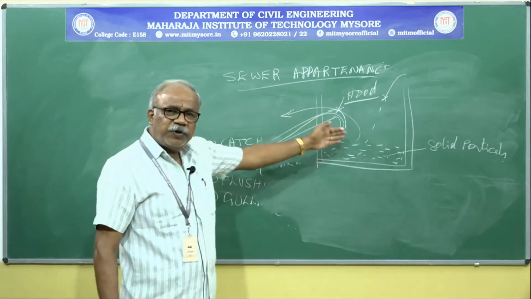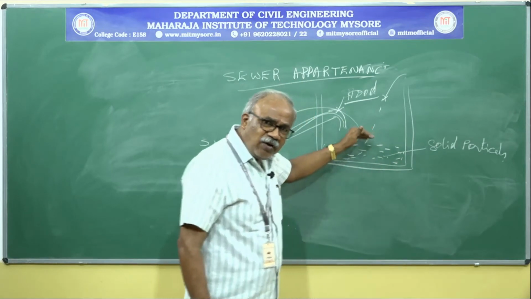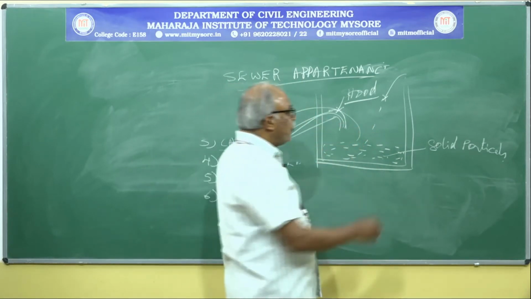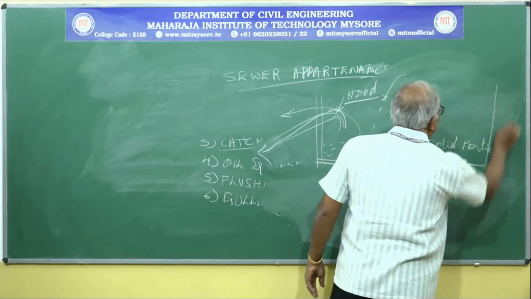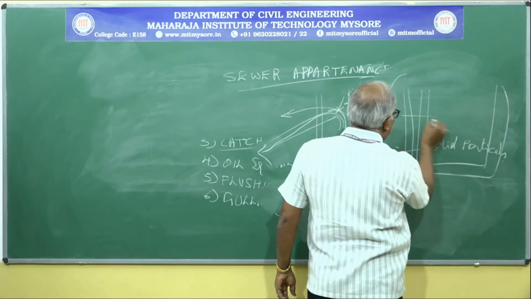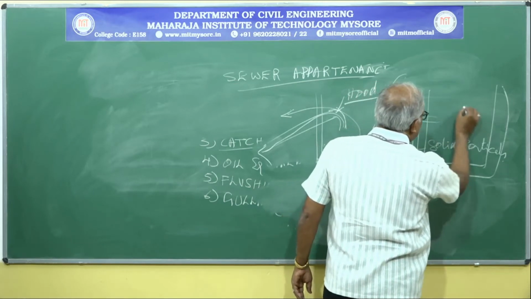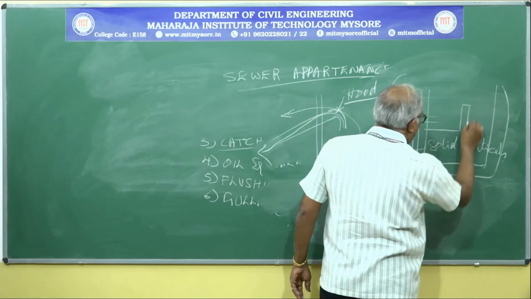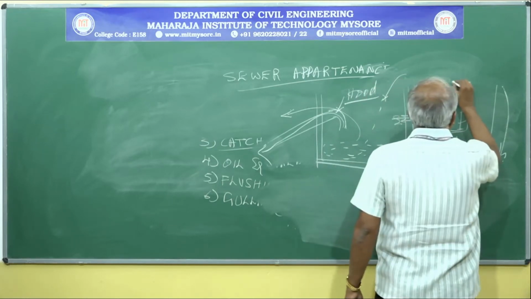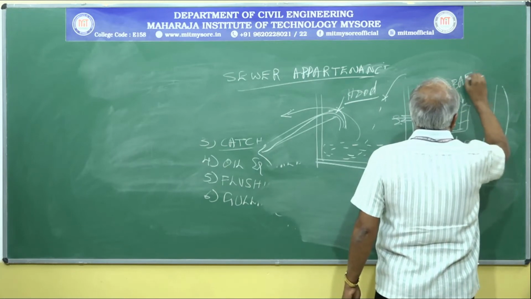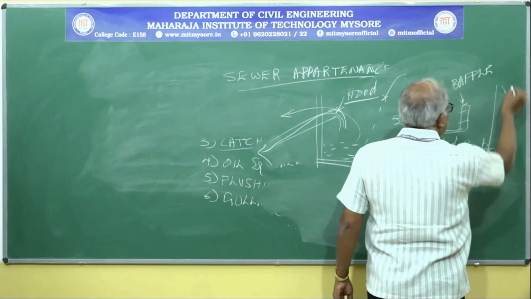There will be one more picture relevant to the catch basin. That is also constructed in the same manner. So, for the wastewater we are sending outside, one baffle wall will be provided. What do you mean by baffle? The baffle wall collects the wastewater.